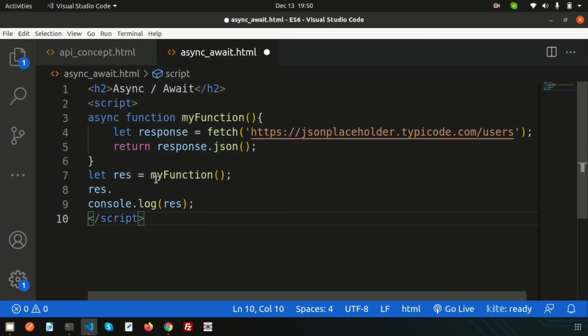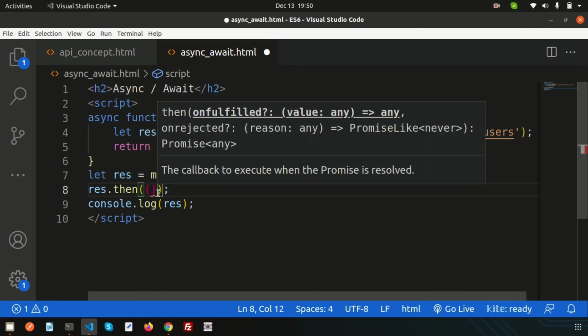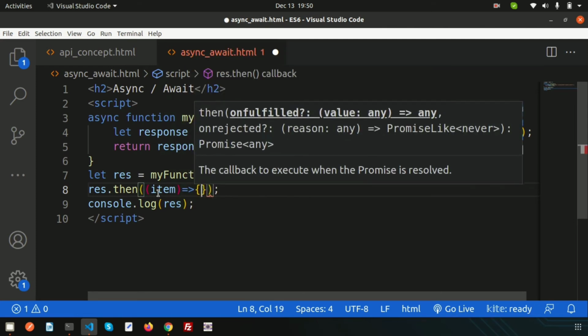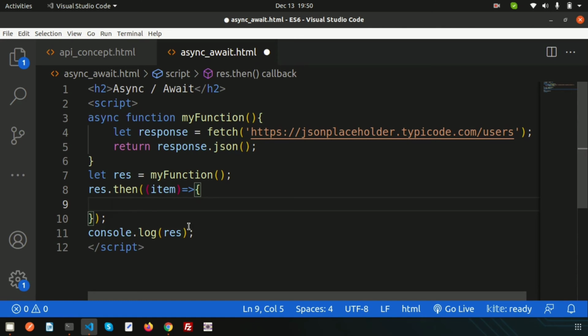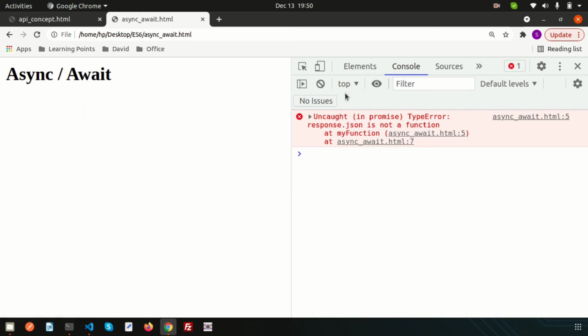What we are actually getting in myFunction is result, res. Then to resolve any promise we need to use then, and here let's take a variable, suppose item, and use the arrow function, and inside this we are just consoling the item, right? Cut this and paste it here, and let's print the item from here, right? Now if I go here and check, there will still be an error because it's still an uncaught promise.